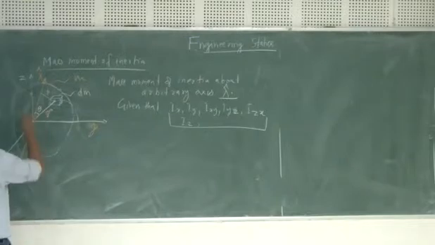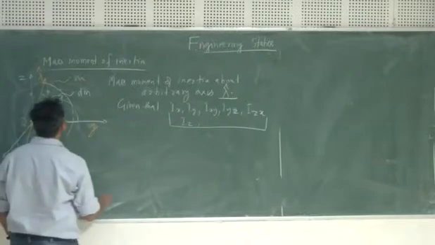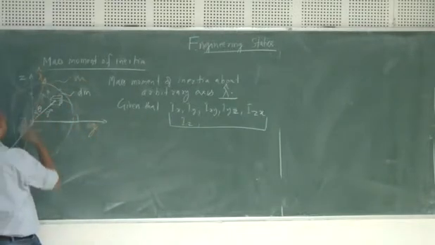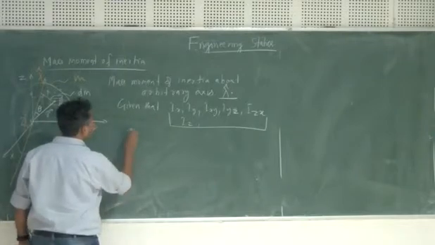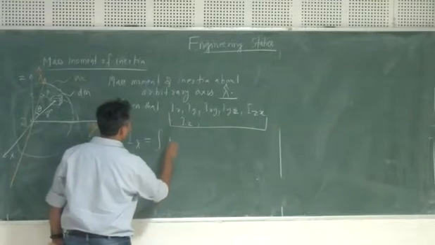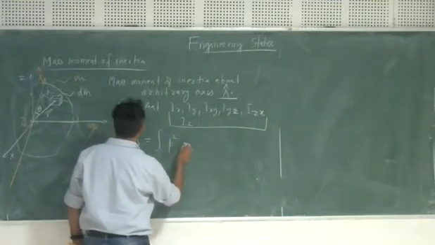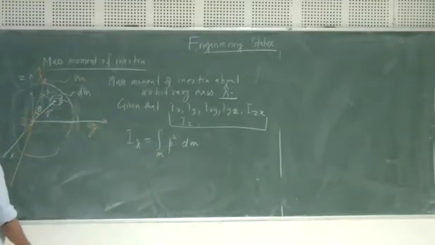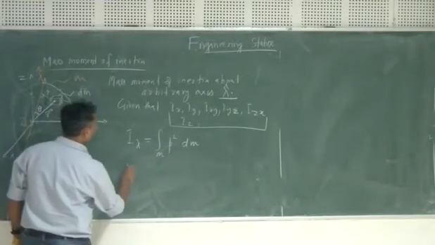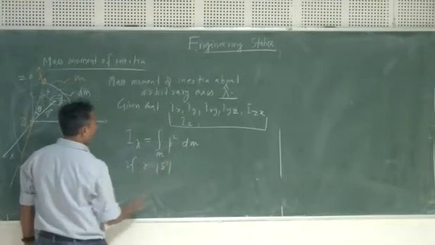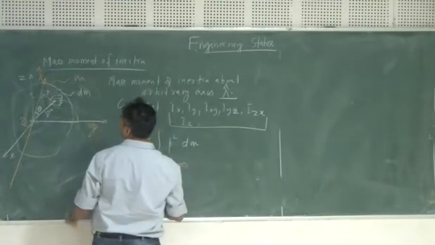Now what will be the P? R is the magnitude of your R, perpendicular to this one, then your I lambda is defined as square from the fundamental principle. What is your P? If R is the magnitude of R, you will see that this